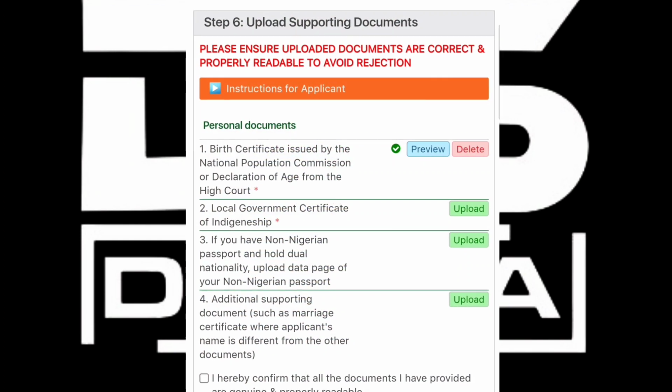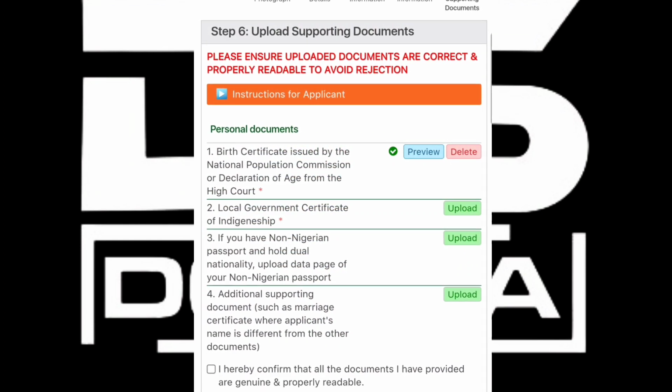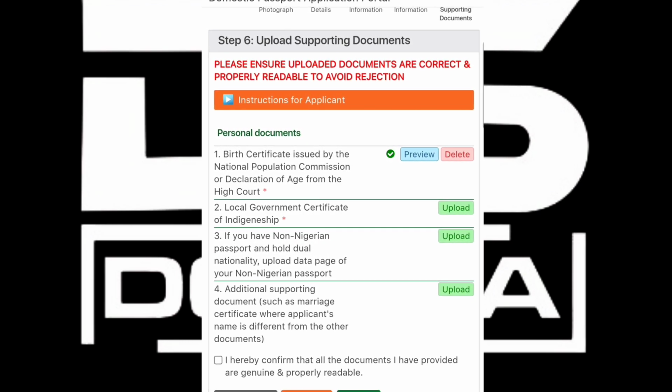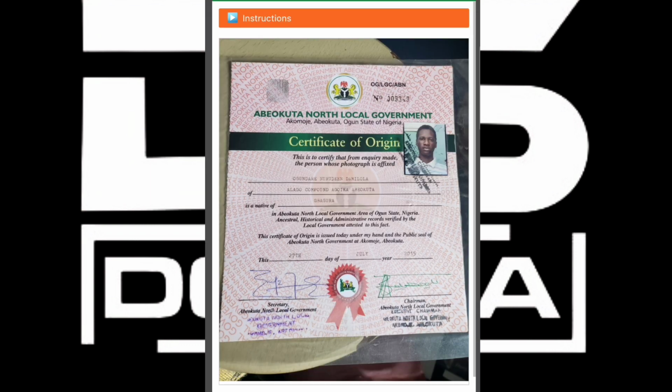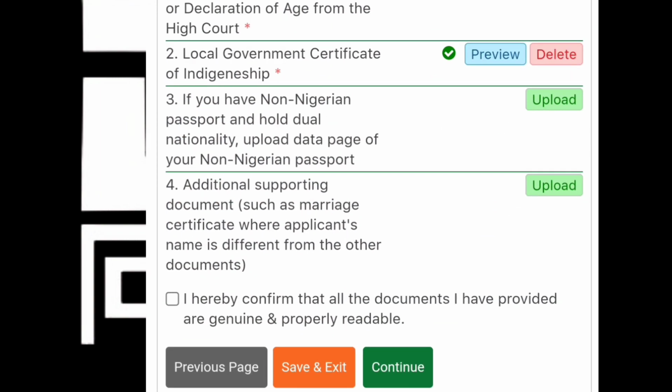Then I'm going to go ahead to the local government certificate, which means your local government declaration or certificate. I'm going to upload it too, because I have it. So basically, those are the two documents that are important. As you can see, if you are a non-Nigerian